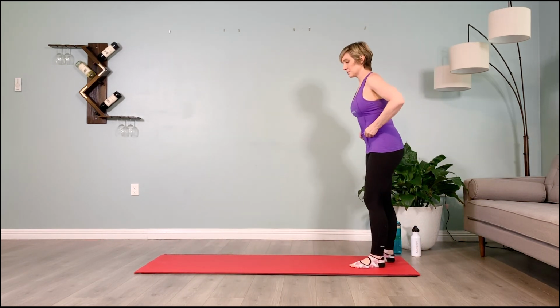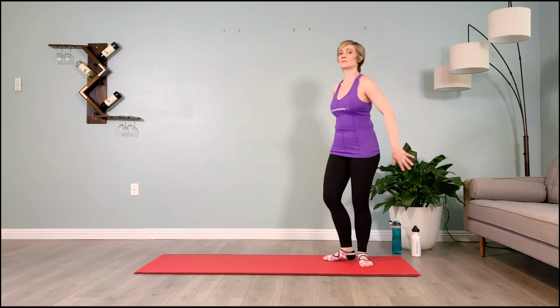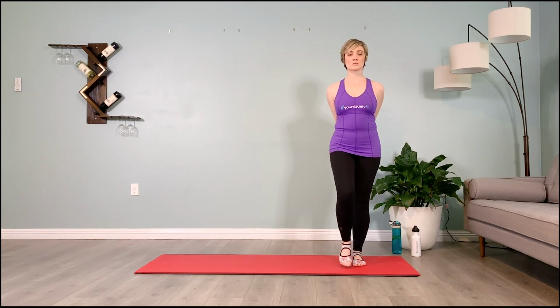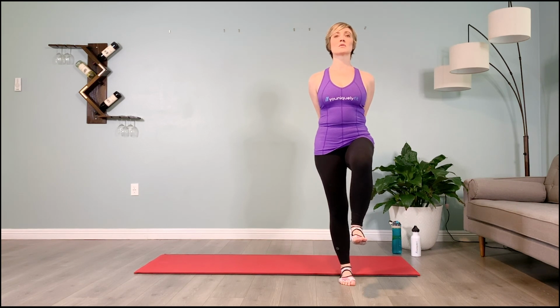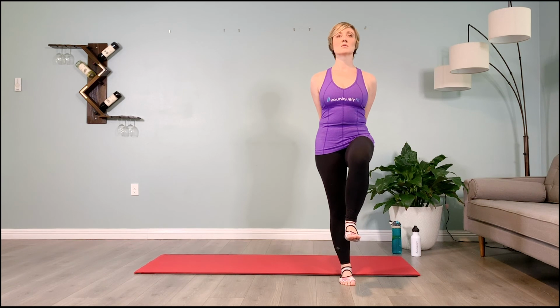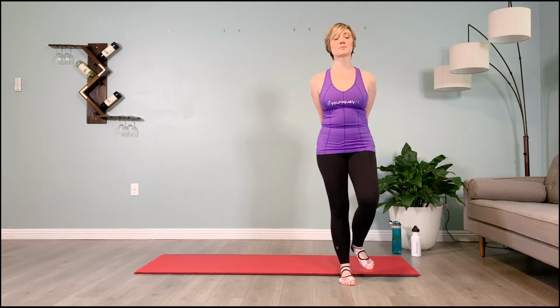I'm going to turn to face you just so you see what's happening. For this exercise, I'd like the hands to be interlaced behind the back, like so. And we're going to step forward through space to knee flexion with the dorsiflexed foot and open that thigh out to side knee flexion and back to forward knee flexion. And to side, and we'll do that very slowly 3 times, and then we'll switch sides,